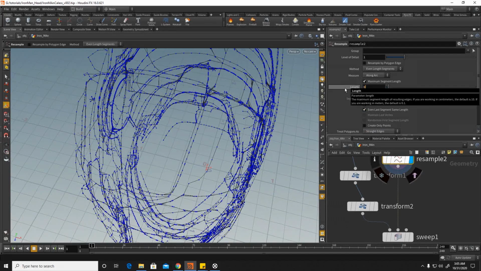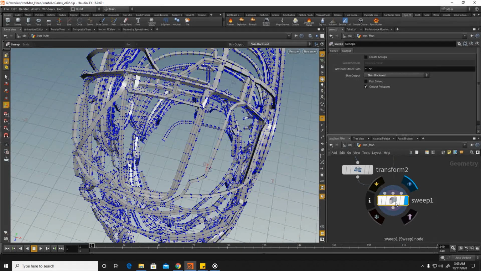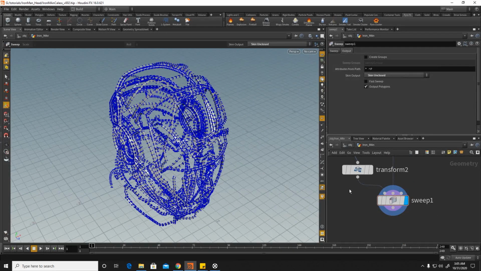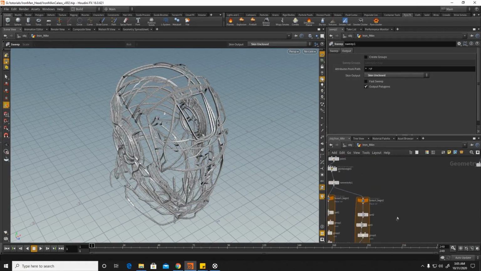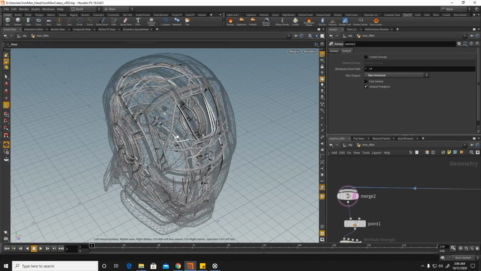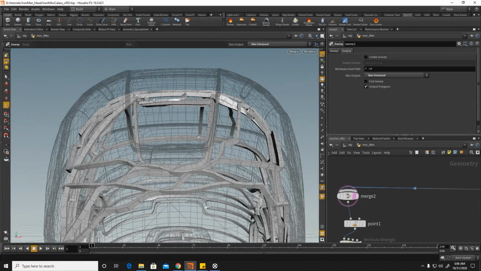So what we can do, we can reduce 0.07. Now as we have reduced it, its calculation will be quite fast. Now let's template the original geometry and see how much we have shrunk. So as you can see, this whole thing is